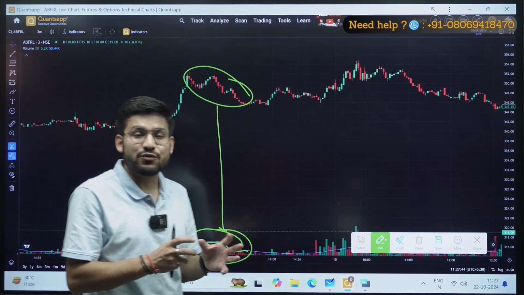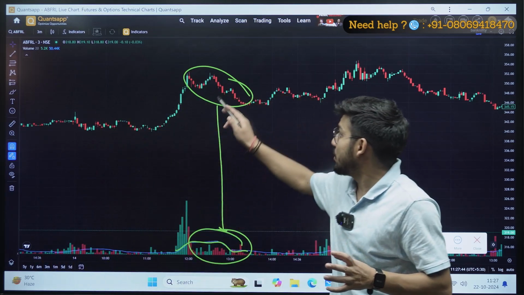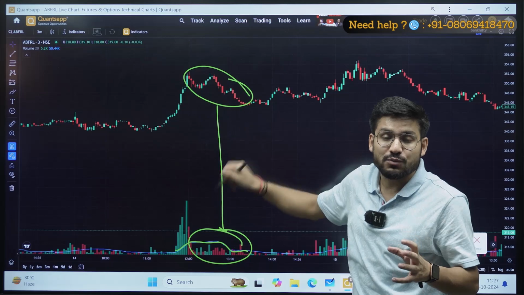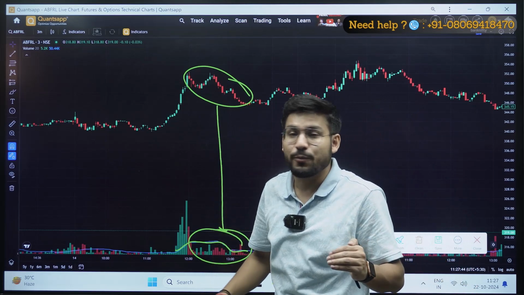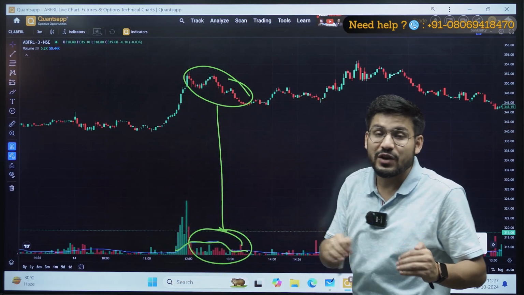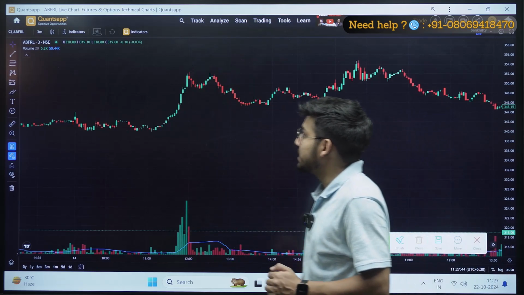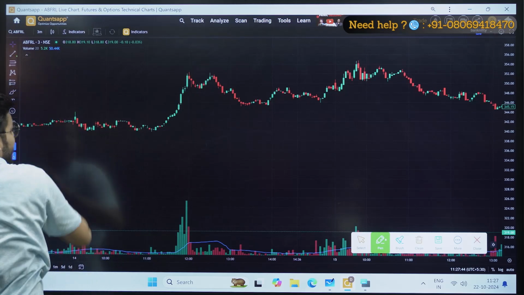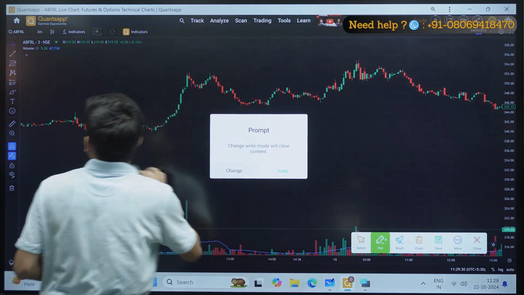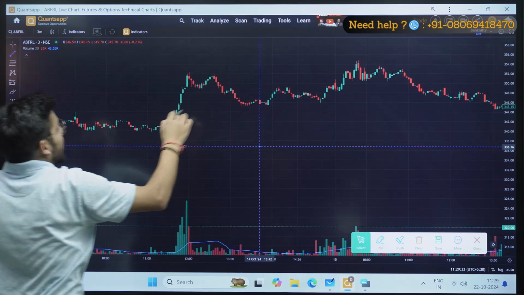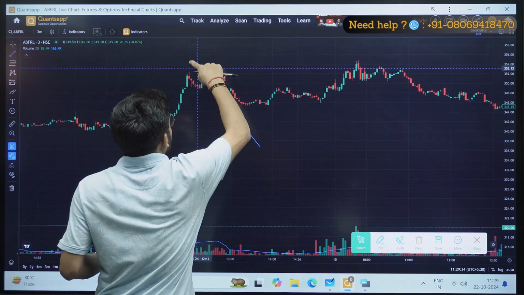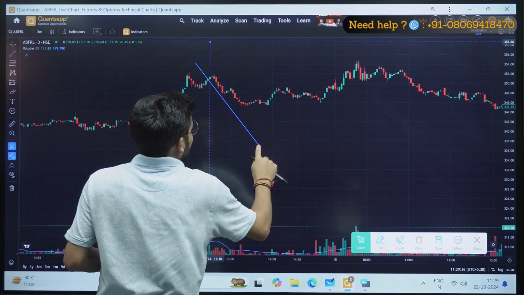Okay, so when I am analyzing the volume of this momentum, it is less than the average volume. It means this momentum will not sustain that much, so I have created lines here. You can create your lines from here as well. Let me put some lines here so that it will be more feasible for you to draw the lines.